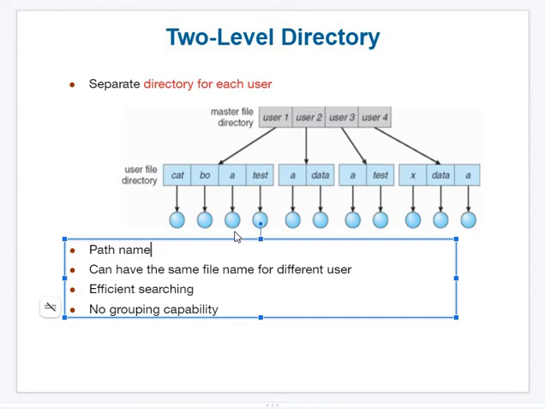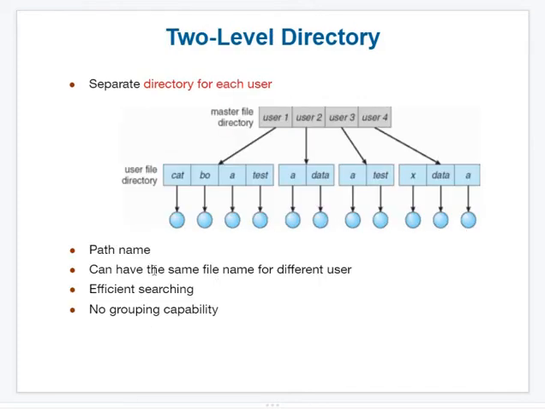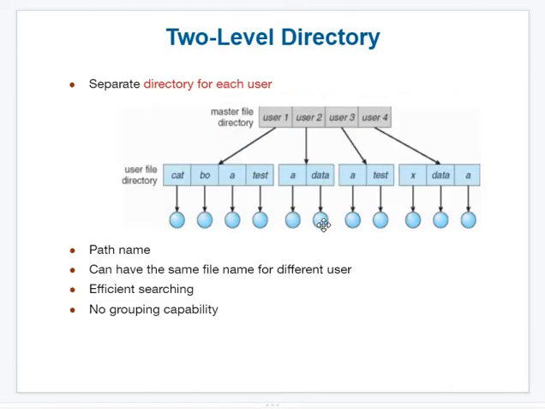Now, can we use the same name? Here you can see we cannot use the same name. That's the naming problem. That means we have to find a unique file name every time, but that problem is solved here. We can have the same file name, and searching is also easy. Why is it easy? Because earlier all files had different names, so searching was very simple. Here different files have the same name but different paths, so searching will be easy.